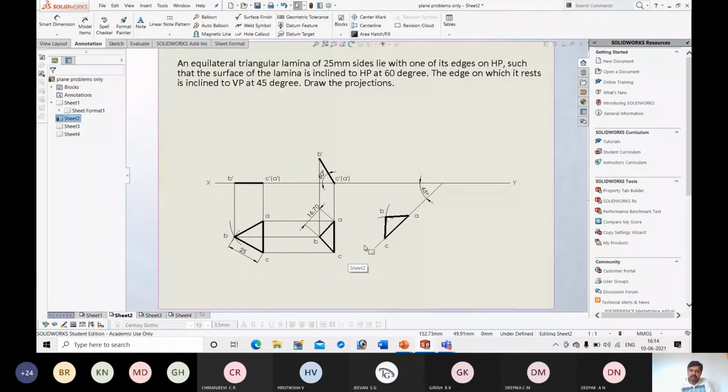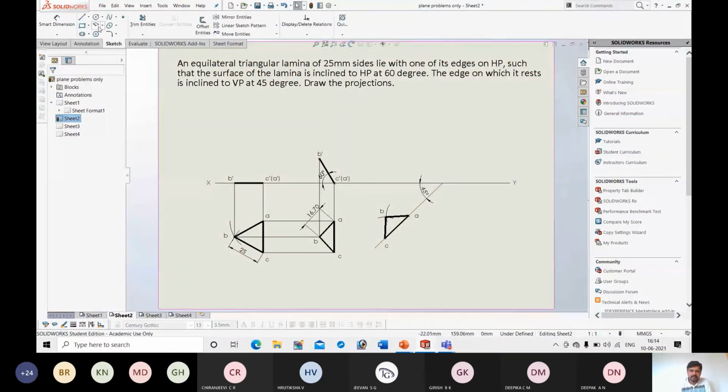So I am drawing this using this top view, the second top view. I am getting the third top view using the second top view. I am rotating it such that AC will make an inclination of 45 degrees. Next, I am going to get the final front view by projecting points. Okay, so project the points.